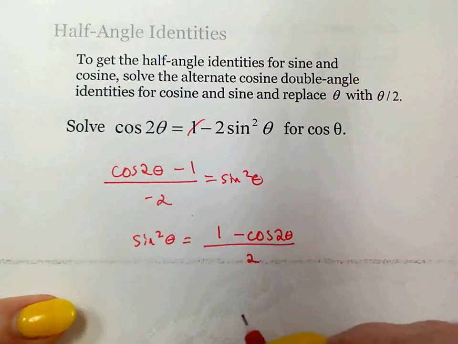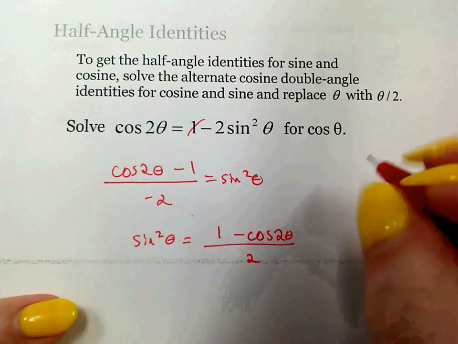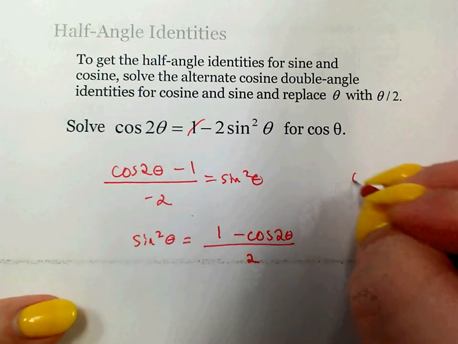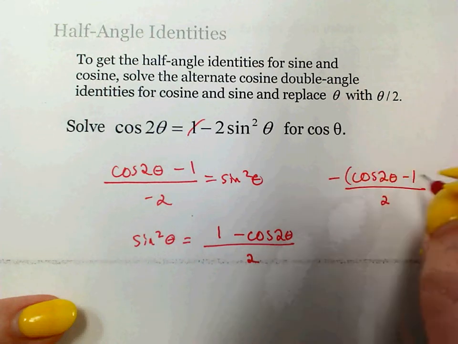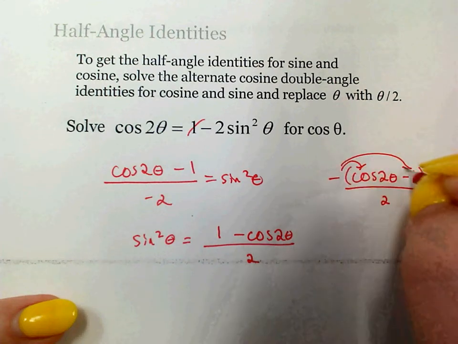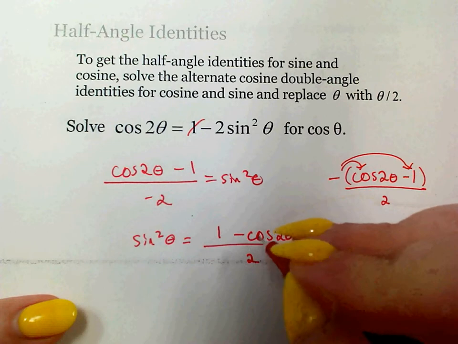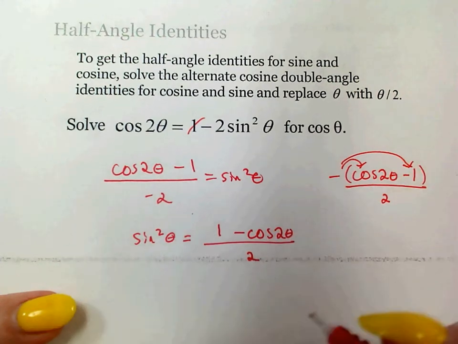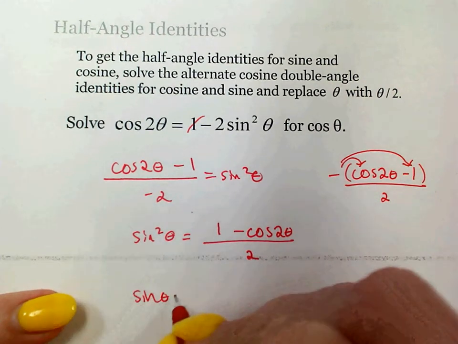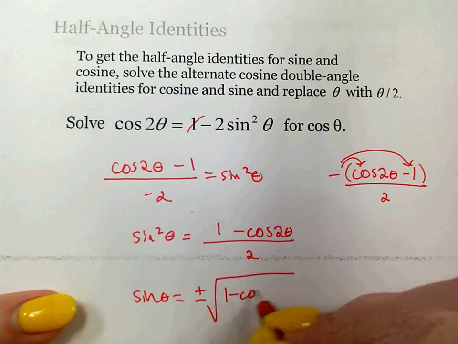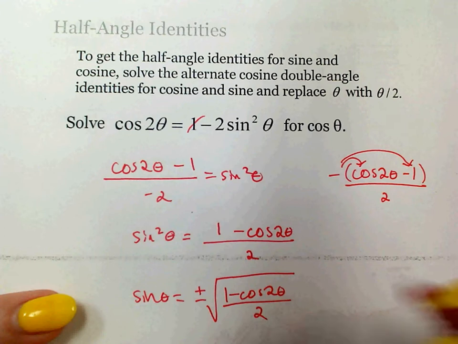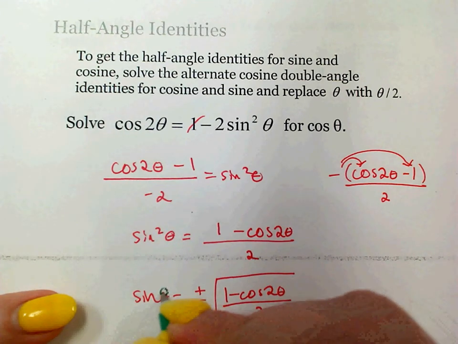You could think of it as cosine 2 theta minus 1 divided by 2, and then float the negative to the top, and then distribute your negative. You see how you get a negative cosine and then a positive 1, so I just reordered it. That means sine of theta equals plus and minus the square root of 1 minus cosine 2 theta over 2. But if I take every theta and replace it with theta divided by 2,